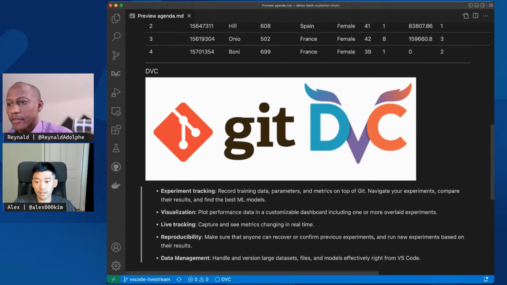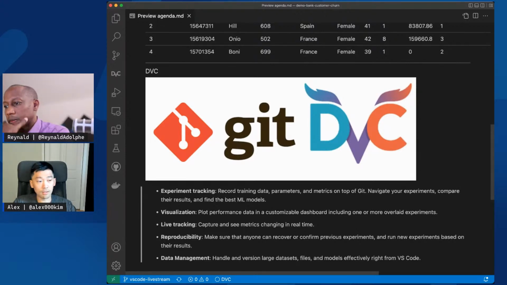The reason that DVC is widely used in data science is because a typical data science workflow is significantly different in key areas from a typical software engineering workflow. With software engineering, the focus is obviously the code itself and maybe some configurations when it comes to deployment and the environment. With data science workflow, there are additional things that are equally important. Data is the first-class citizen.